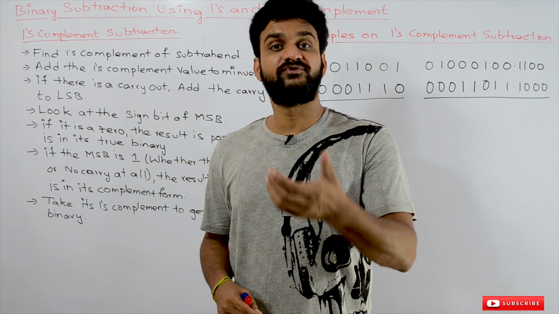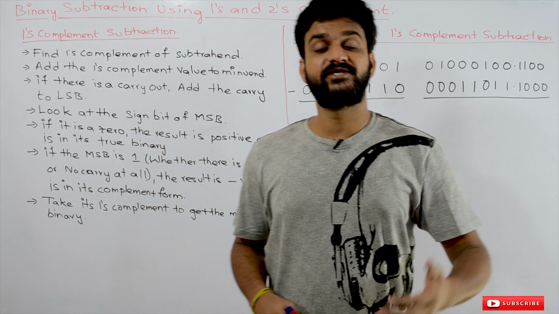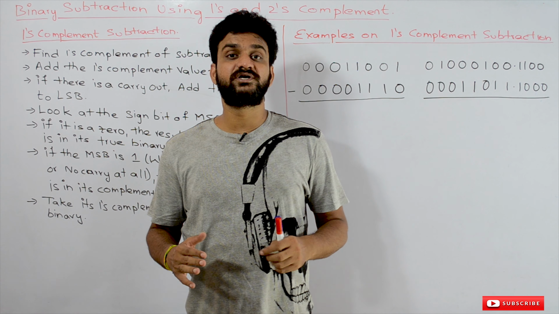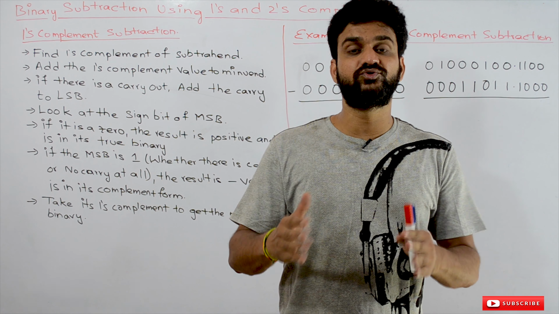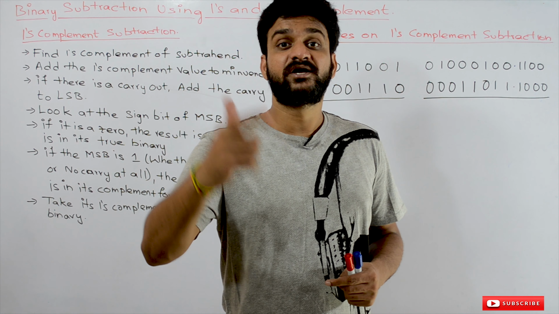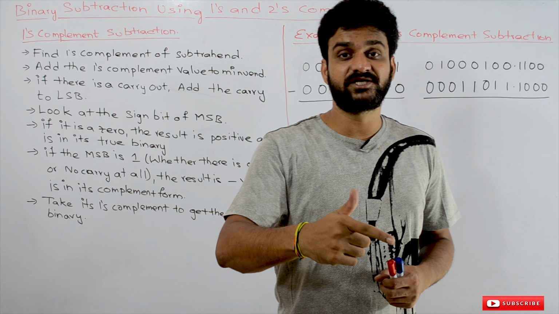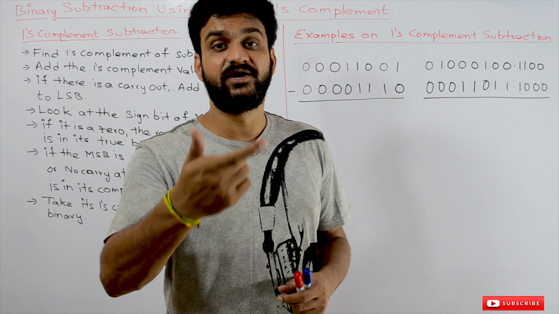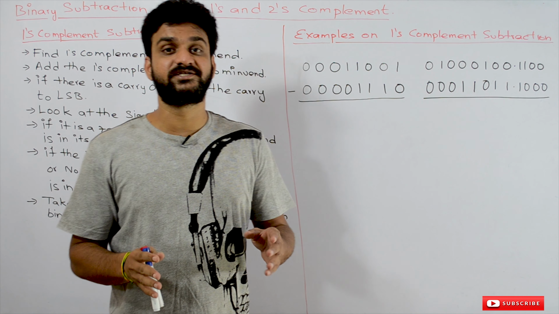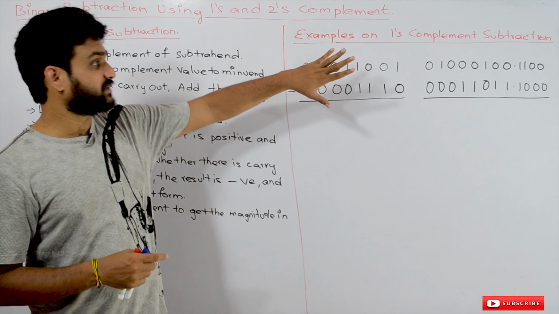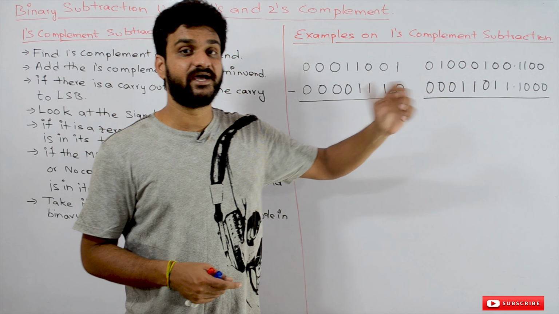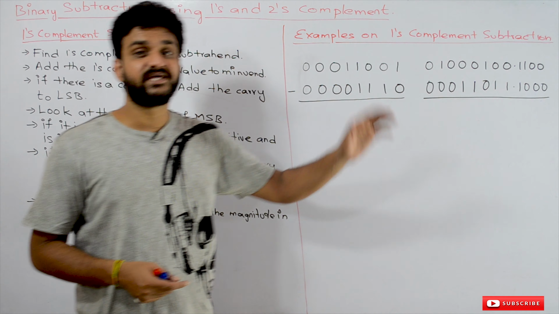Without the hardware of a subtractor, it is not possible to do the subtraction using the borrow method. Whereas if you use the concept of ones complement and twos complement to do the subtraction, there is no need for the computer to use extra hardware. The computer will do the subtraction by using the adder hardware, and all the required calculations for the subtraction are done there. So subtractions can be done by using the single hardware called adder. The additions and subtractions are done on a single hardware.